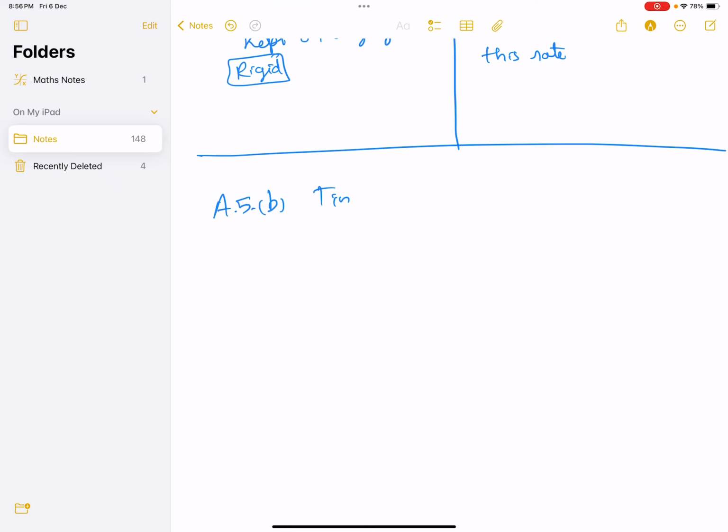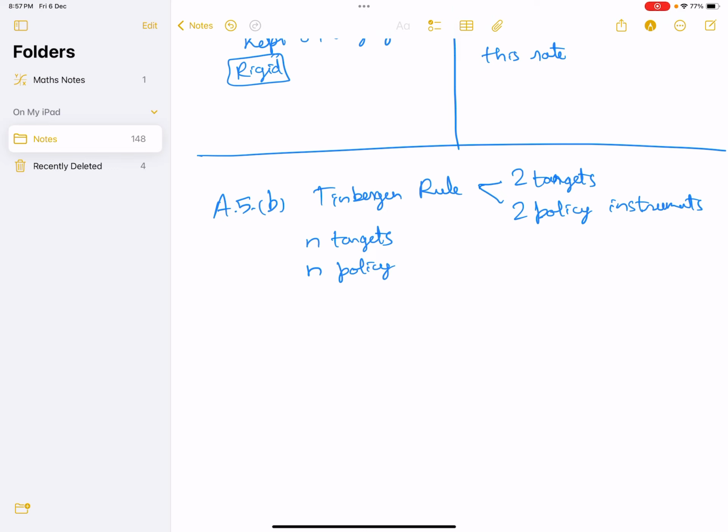We have studied the Tinbergen rule, which states that if you have two targets, then you need two policy instruments to achieve them. Similarly, if you have n targets, you need n policy instruments to achieve those targets,